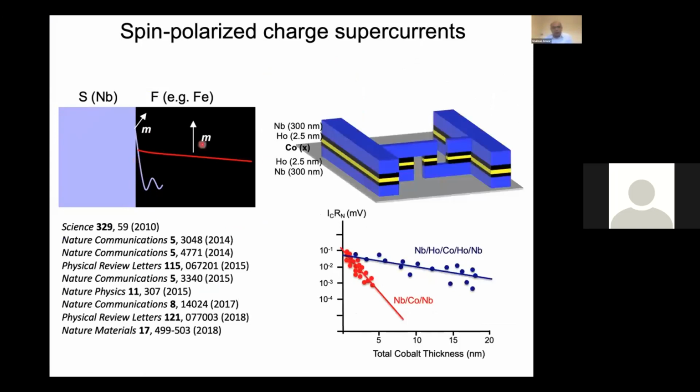Here I again give an example of the work done by Professor Robinson. Here you can see that we have a ferromagnetic Josephson junction, but here we have only